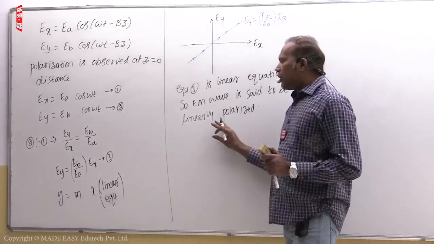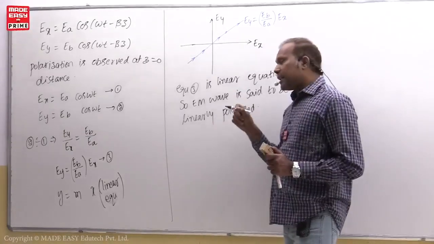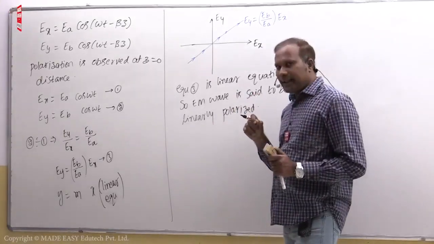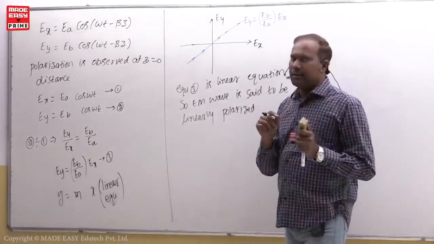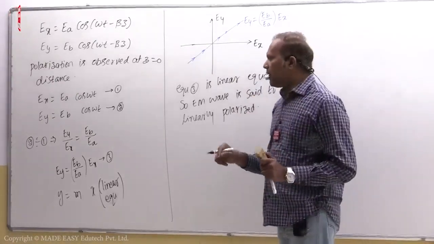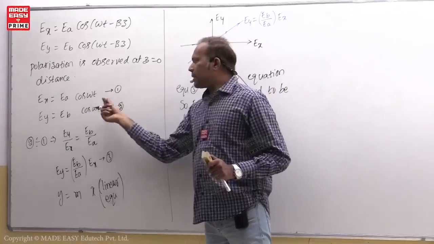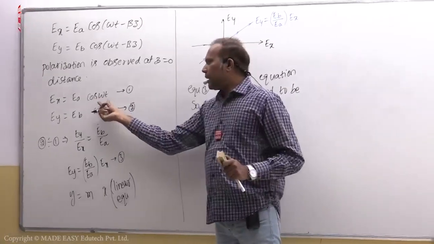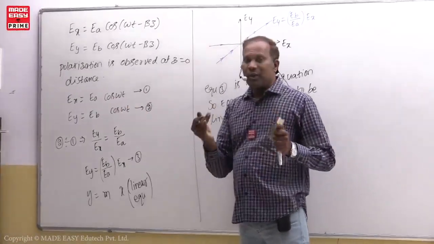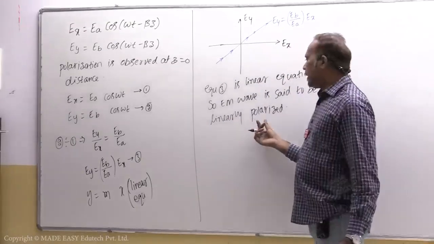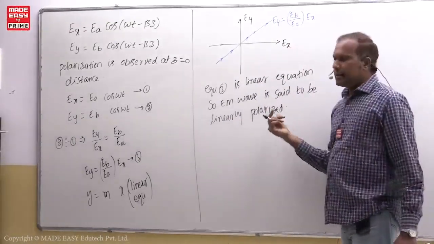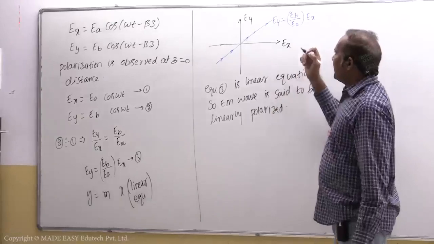So the statement I wrote for this: if Ex, Ey components are present and both are in phase. In phase means here cos omega t, here also cos omega t. For example, here sin omega t, here also sin omega t. The same phase should be there. Then the resultant electric field equation is a linear equation. Then it is linearly polarized. For example,